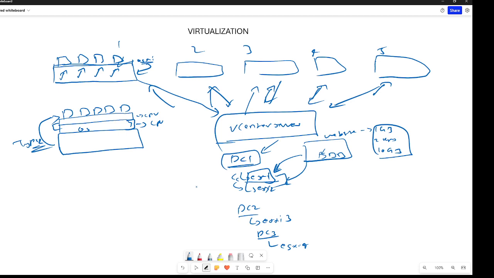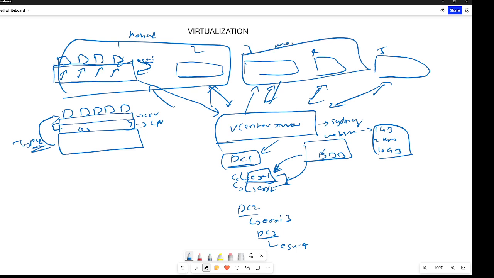Now, the next problem arises. That's all good, but my vCenter server may be hosted in Sydney, while these two ESXi hosts are located in Hobart maybe, these two hosts are located in Melbourne maybe, and this one maybe in Queensland. It doesn't matter because they are all connected via the internet.